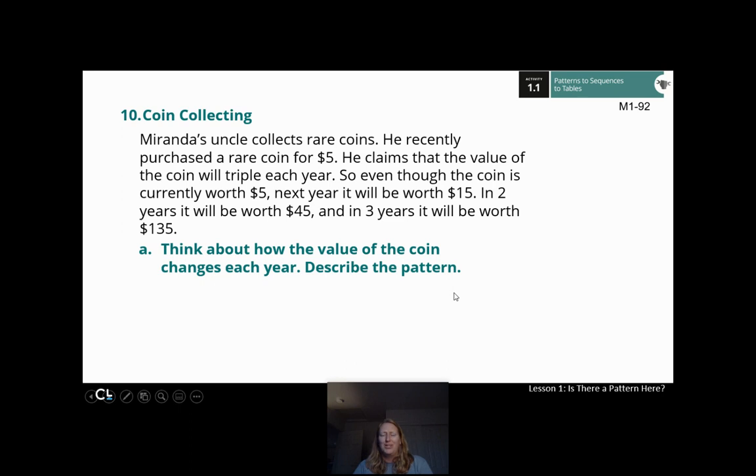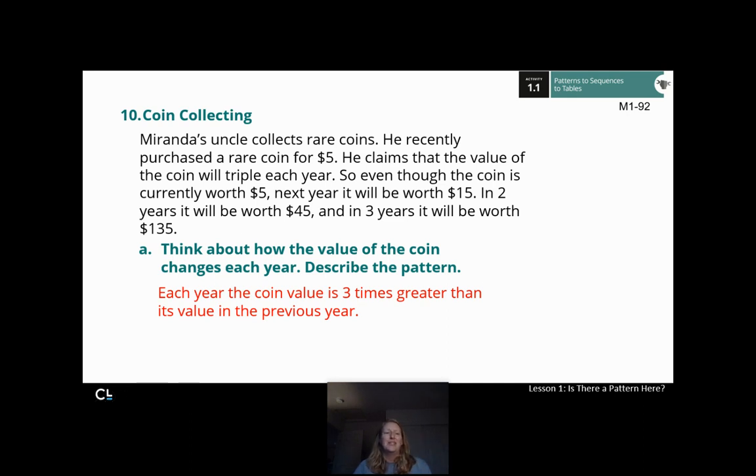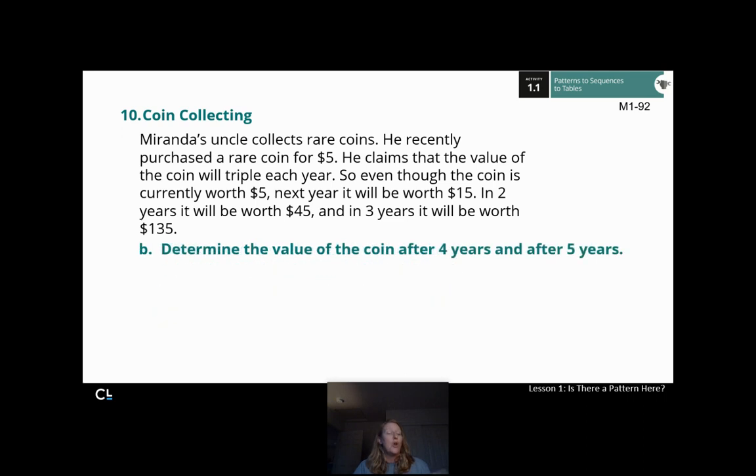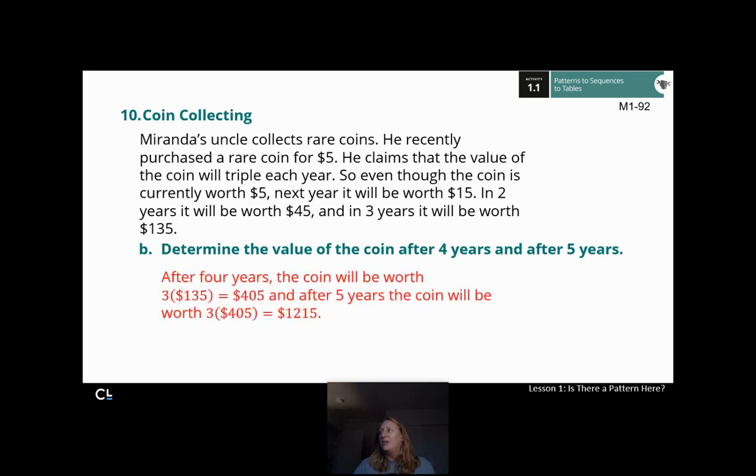Well, it triples. Each year, the coin value is 3 times greater than its value in the previous year. So times 3, times 3, times 3, times 3, times 3. So determine the value of the coin after 4 years and after 5 years. Well, after 4 years, the coin will be worth 3 times $135, which is $405. And after 5 years, the coin will be worth 3 times that $405, which is